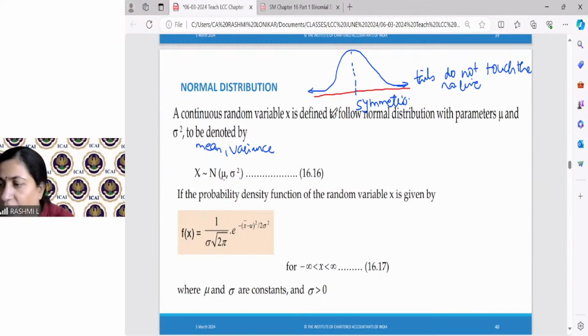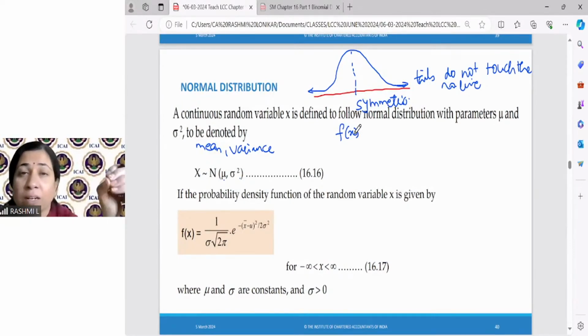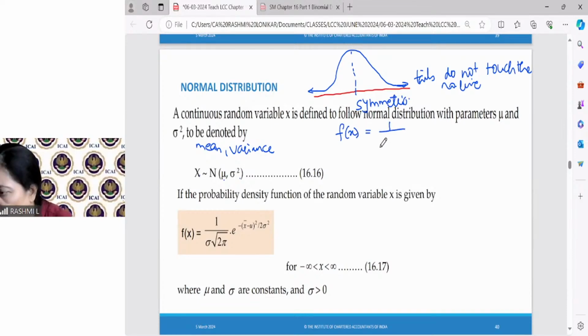Okay. And now what is the formula? Now very carefully. Why I'm taking time to write the formula is because this can be a theory question which you need to be careful about. You have to be careful about the plus minus sign. You have to be careful about the range that x can take. Okay. So f(x) is equal to 1 upon